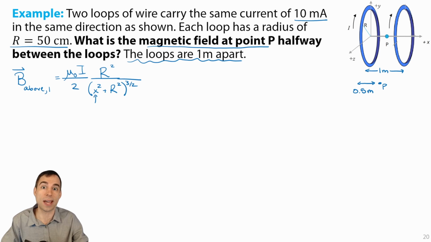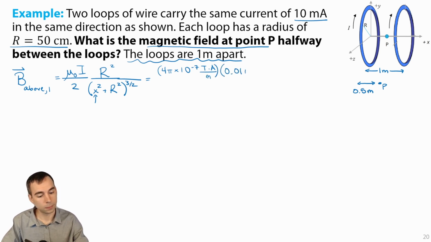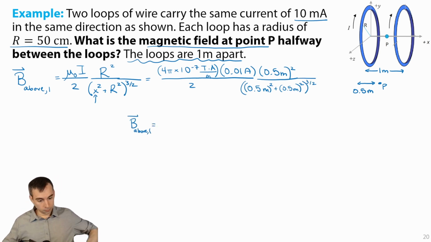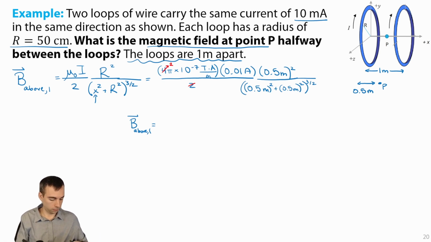And so we'll use X to denote that distance from the center of the loop. And so for this calculation, I end up getting